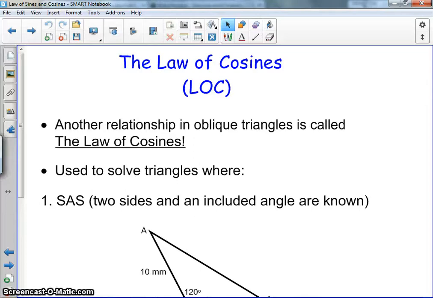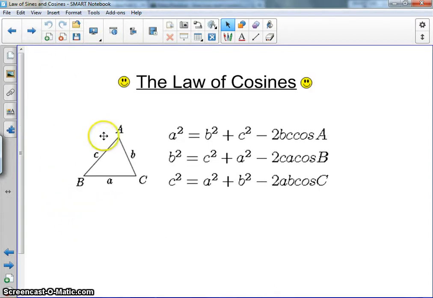Alright, so we learned the law of sines, and now we're going to look at the law of cosines. This is the second relationship between oblique triangles. You're going to use the law of cosines to solve side-angle-side triangles or